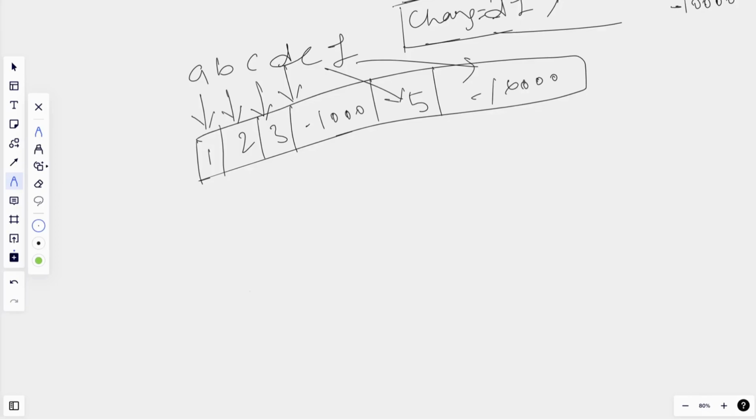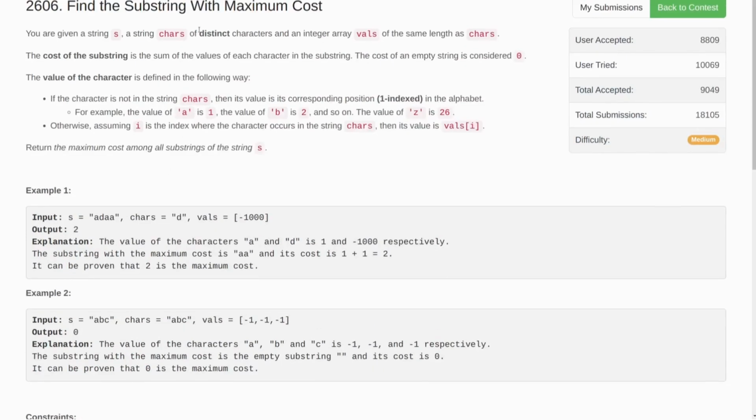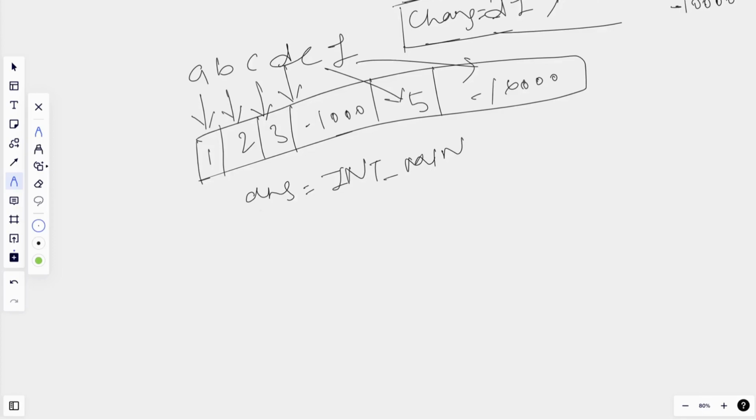And we can find this using Kadane algorithm. In Kadane algorithm, what we do, we first make an answer variable where we store the maximum subarray sum. Answer is initially INT_MIN. In the question, what we have to find? Maximum cost. So first of all we could declare answer as INT_MIN, or we can simply say 0, because an empty substring is also allowed. So our answer will be initially 0, because if all values are negative, then I will not pick any of the characters. So answer will be 0, and we will maintain a current sum, current equal to 0.